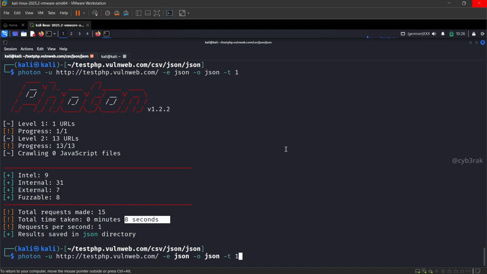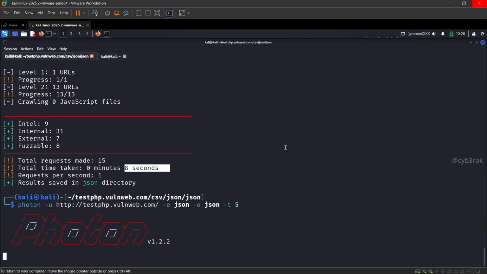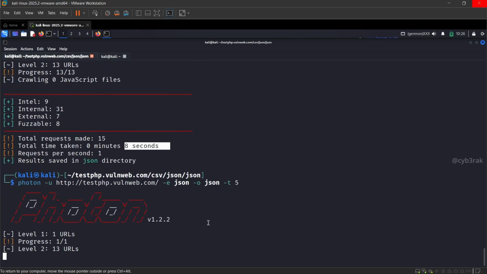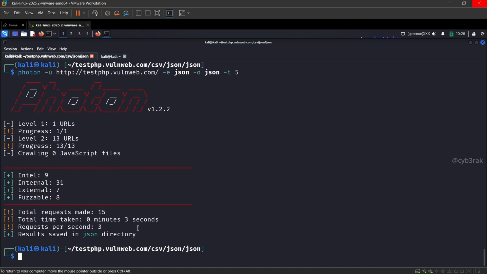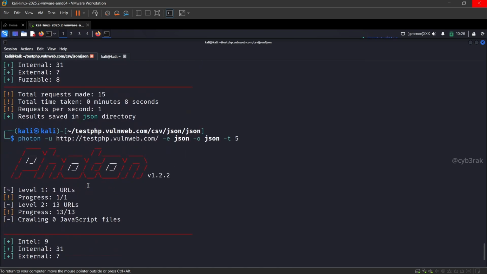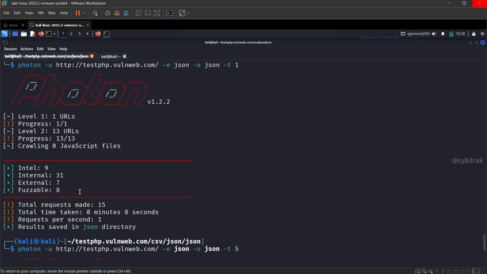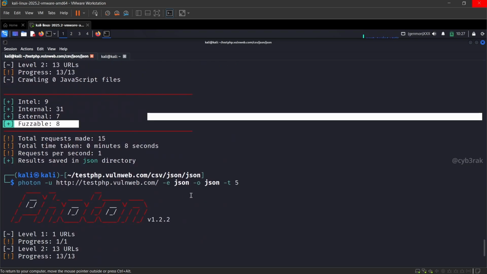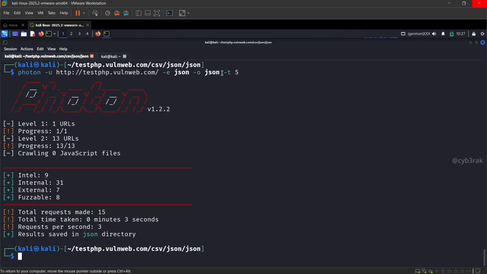So now with the same thing, I'm just giving 5 threads. Now see the differences by using the threads, and now we were able to get the results in just 3 seconds, right? It was able to get the same amount of results that we got previously, but in a faster manner. So higher the number of threads means higher the number of intrusions in the network, and it also means that